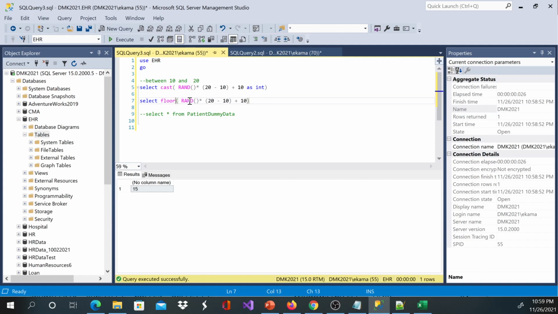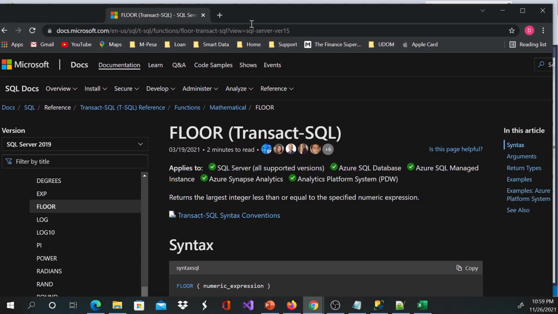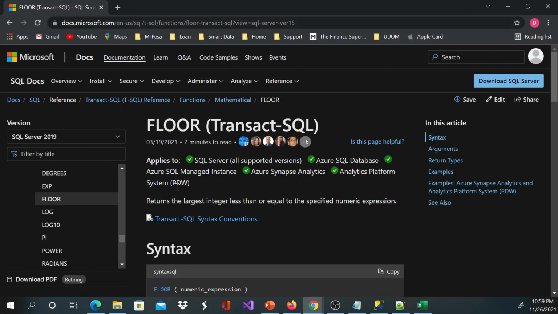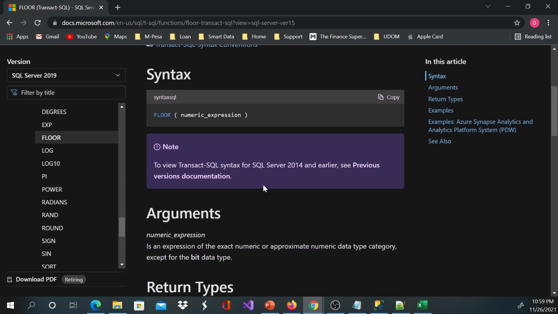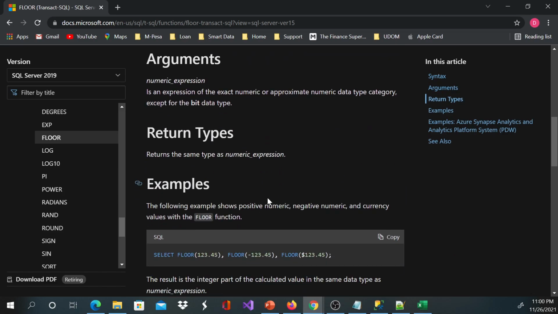Floor meaning you just get the lowest number in there. And let's see the definition here real quick. So the definition of floor from Microsoft says it returns the largest integer less than or equal to the specified numeric expression. So you put floor, and this is going to be the numeric expression,